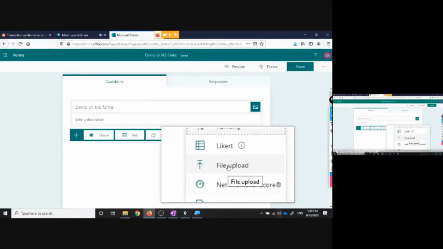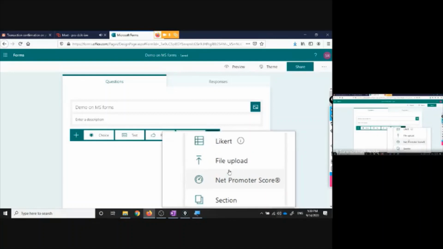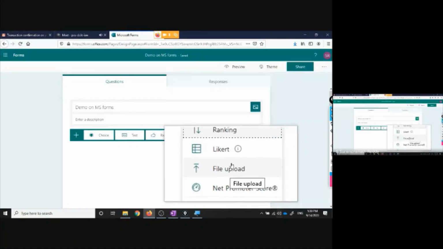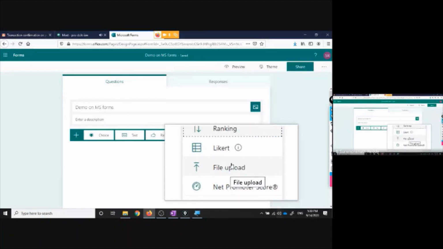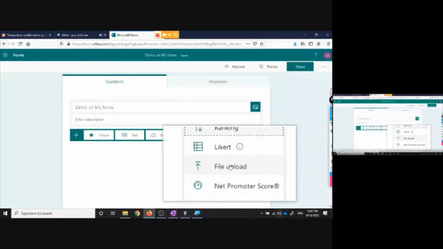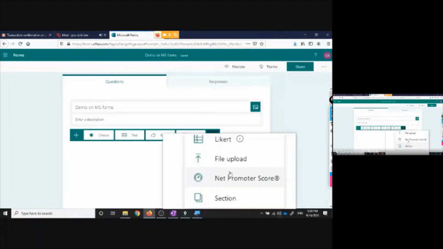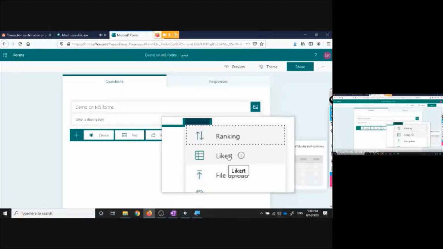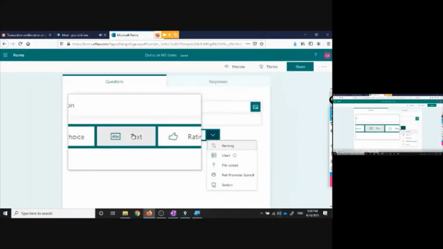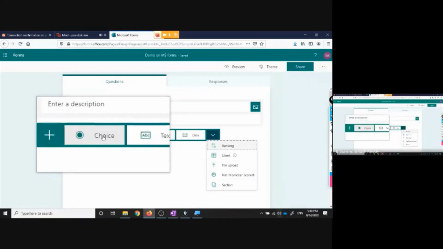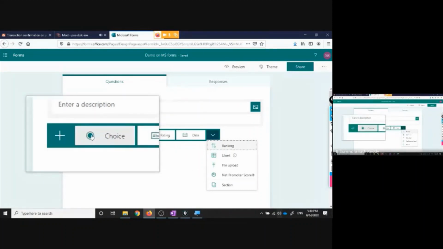This file upload is available only for subscription users. And if you select this file upload, for example, if a teacher from ICT Mumbai is using this form, then only students from ICT Mumbai will be able to use this file upload option. Okay, it is a very secure one. Then sections, these are the things. So the most important things are the choice question and text, meaning short answer, or multiple choice or multi correct. These things you can use.